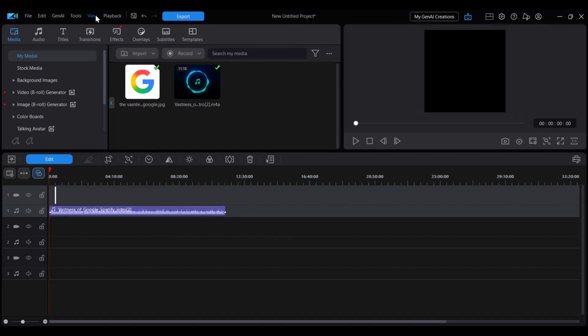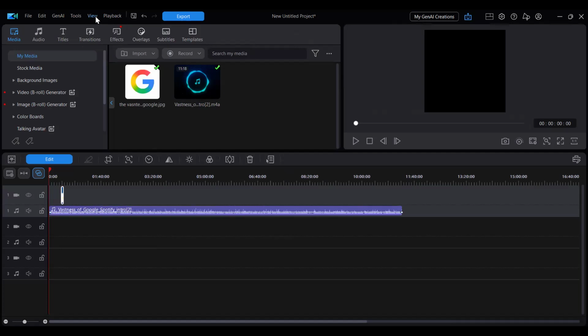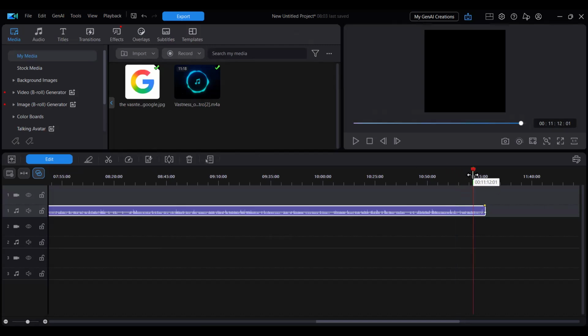Well, you click View, you go to Zoom, you click Zoom in. You can also click this and then you zoom out. So let's say I just wanted to zoom in. Now, as you can see, when I put the image in, it goes all the way to the end. So let's see if it goes all the way to the end. It doesn't kind of,